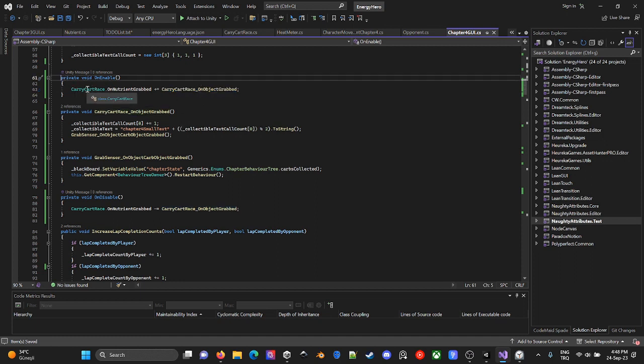Connecting this method and this action inside the on enable just creates a connection, a bond between this method and this action. Also inside the on disable I needed to remove this connection between this method and this action, because